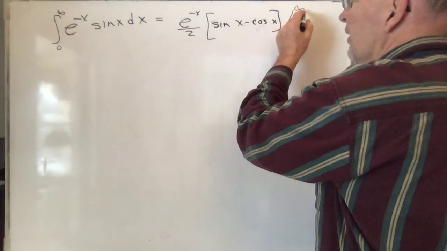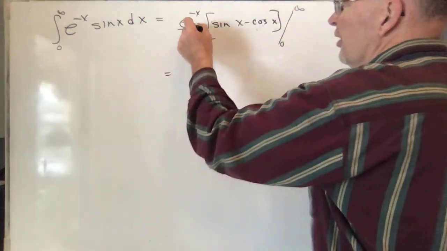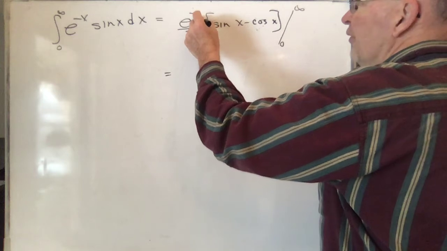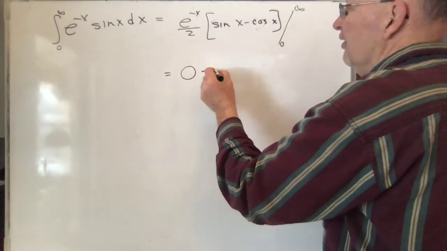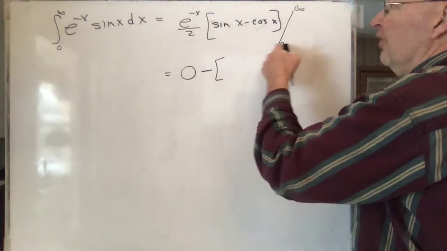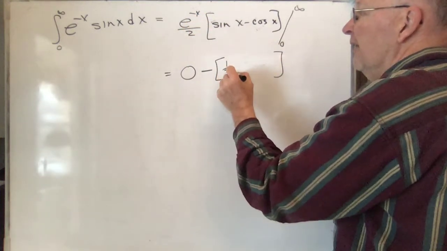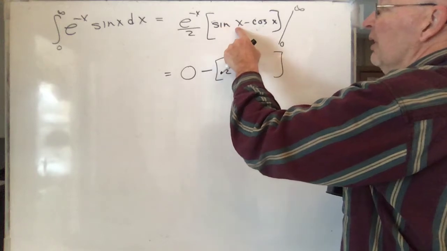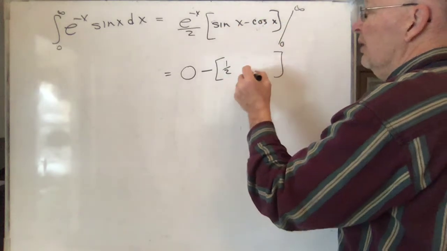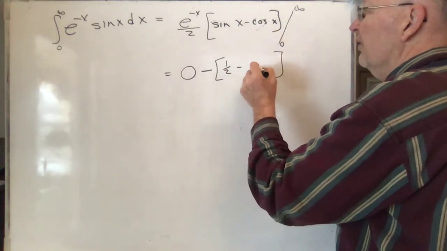Because if you let x go to infinity, this thing is going to be 0. Now you subtract, and now you put a 0 in there. What are you going to get? E to the 0 is 1, so it's going to be 1/2 there. The sine of 0 is 0, and the cosine of 0 is going to be 1, so it's going to be a minus